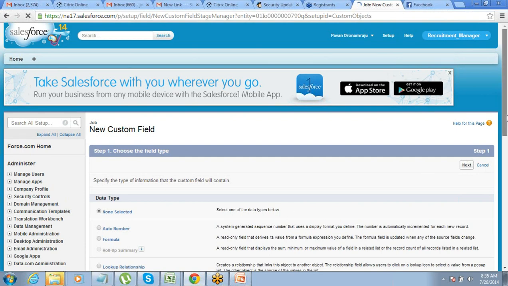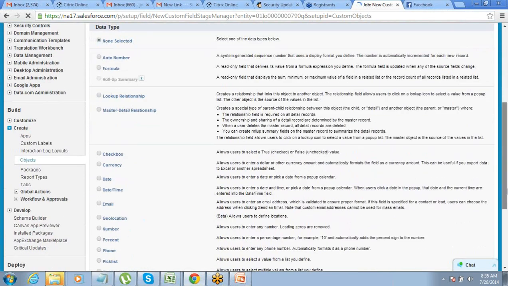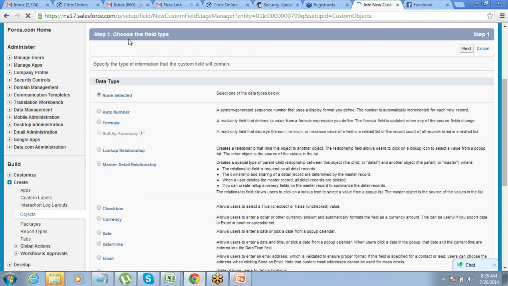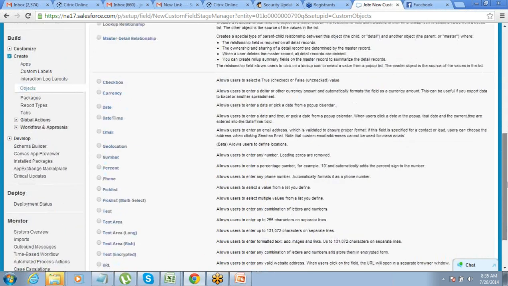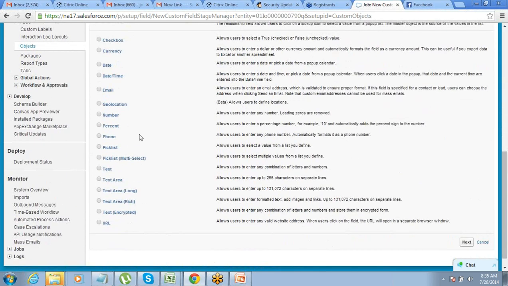I want to create a field for job description. So for job description, what data type do I need? You'll have to select which data type you need for that. Scroll down and select the right data type for it. For example, text area. The text area will allow you to put up to 255 characters. That's fine. Click on next.